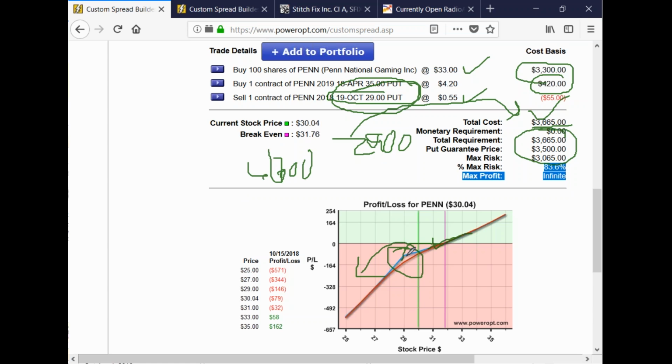I don't like it because if I'm wrong. I couldn't do the November because one of the reasons I opened this trade is that earnings are supposed to be coming out on or around October 25th. I don't want a naked put in place that's not protected by a put because I also own the stock heading into earnings on October 25th. I might buy an extra put for this one, Rajiv, in that case.